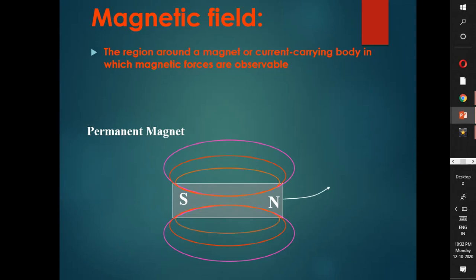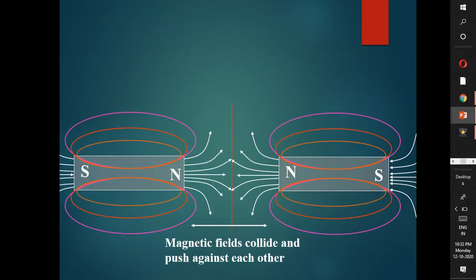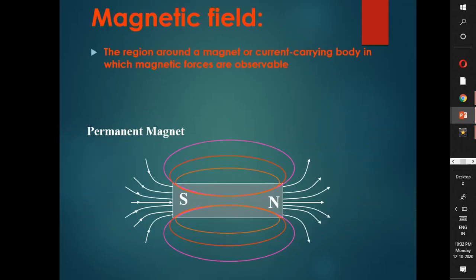If it becomes bigger and bigger, at that time what will happen? See here, it becomes bigger and bigger. In these directions there are magnetic fields. The field goes from N to S, so it starts from here and goes in these directions. And inside the bar magnet the field goes from S to N. So see here, these are the field lines. So this is our permanent magnet.